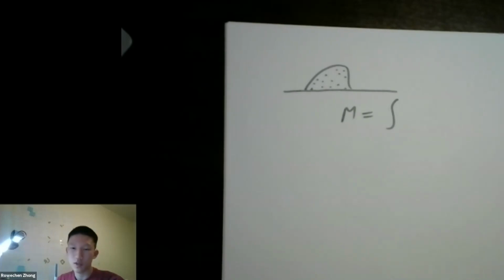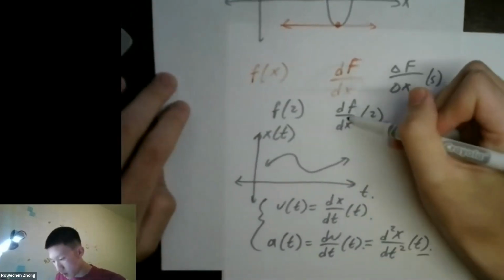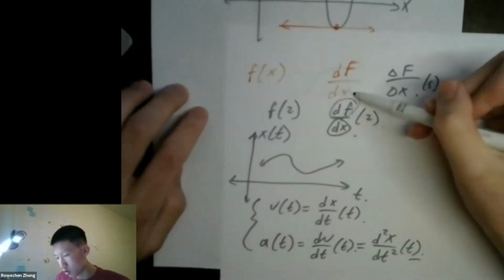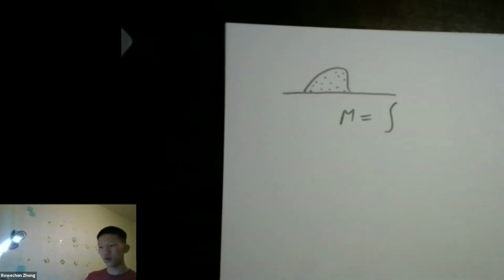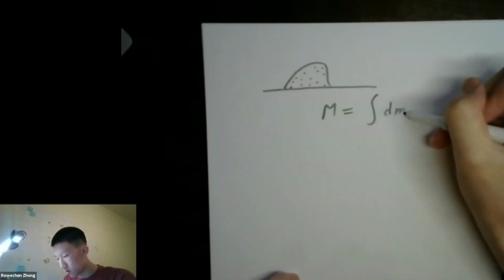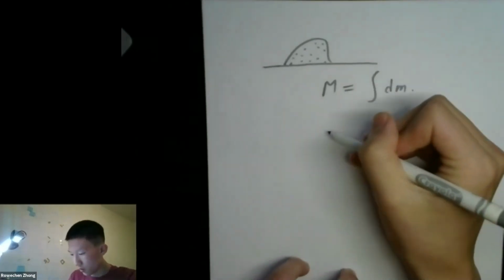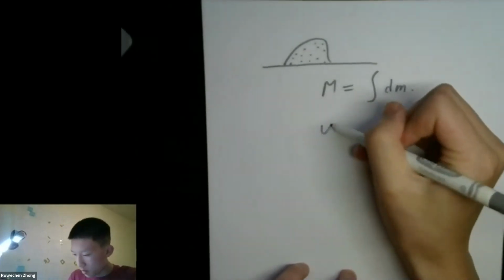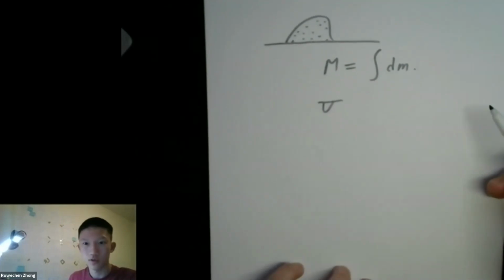And if you're looking at a little tiny piece of mass, remember how we said df over dx? This little d means a very small change in f over a very small change in x, right? These mean the exact same thing. If you take the integral of anything, for example, let's say we're looking at the volume of this, you can measure the entire volume. Oh, why am I using this weird Roman symbol instead of this?